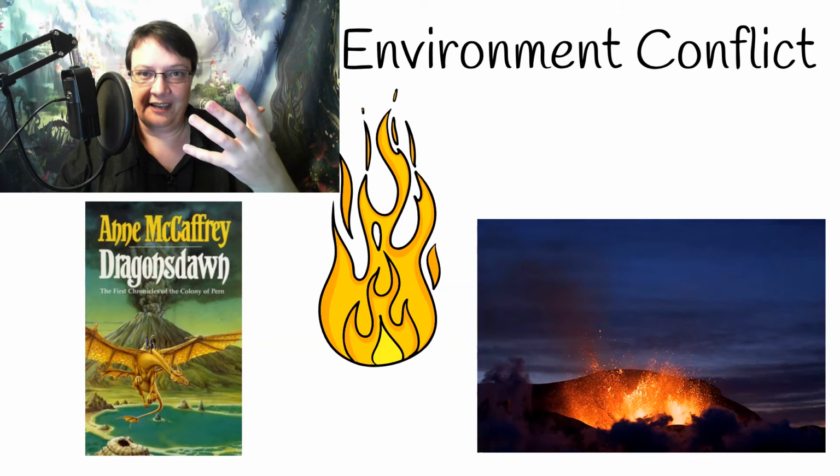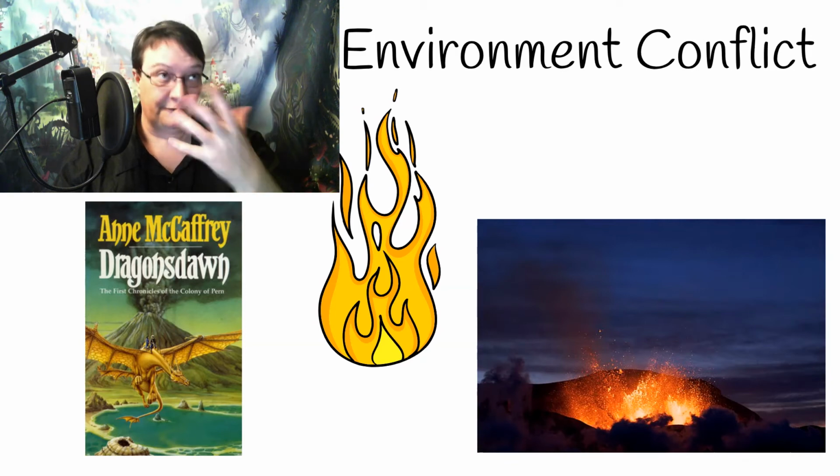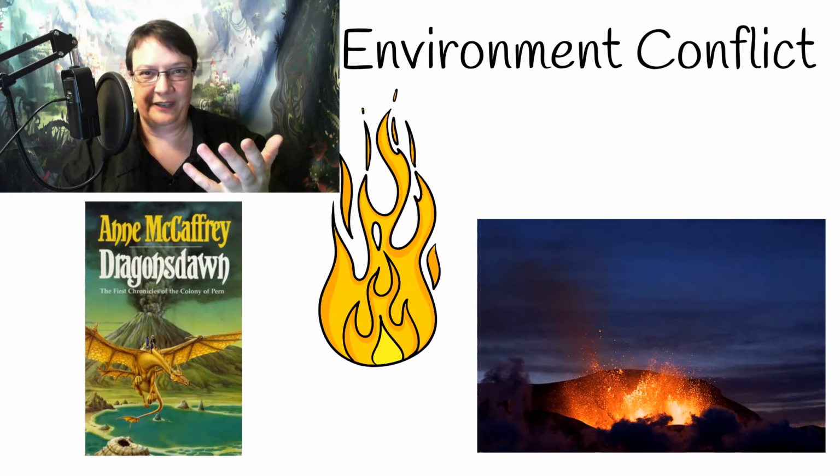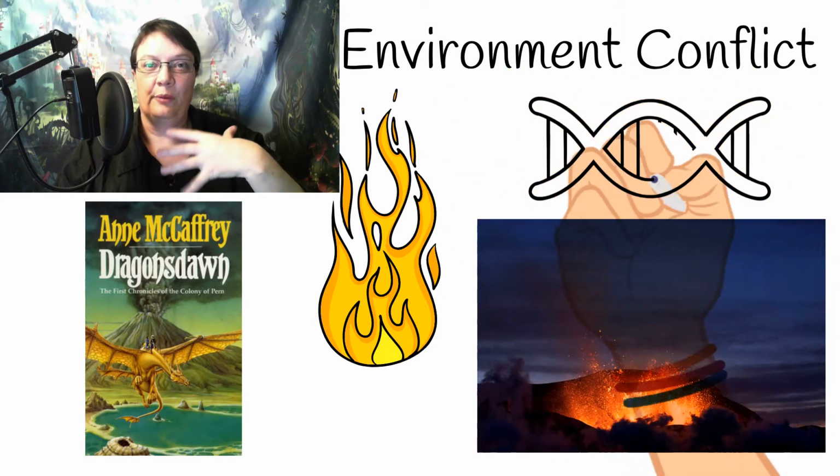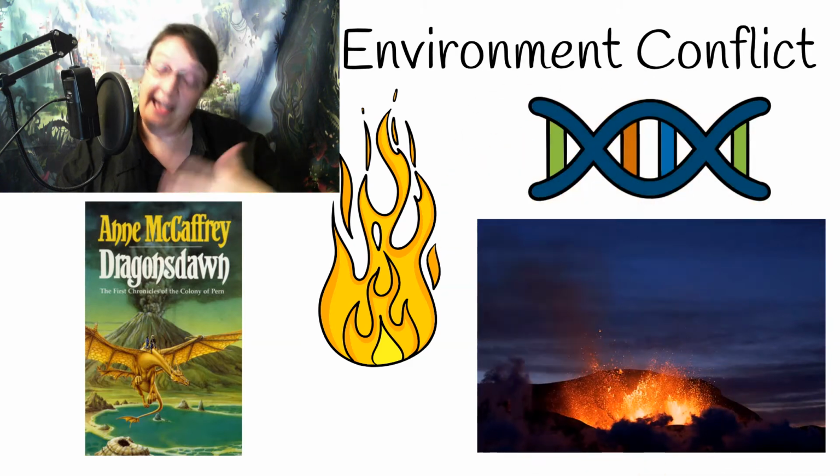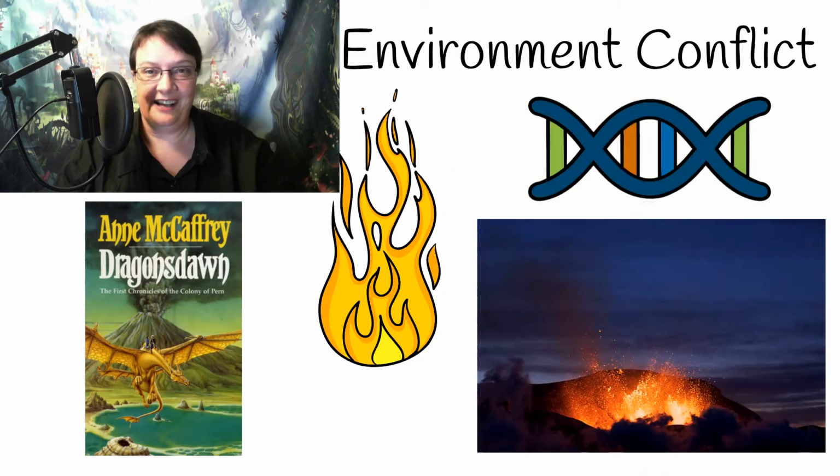And the defense that they come up with is a sufficiently advanced technology defense, where a genetic scientist takes the native life form and creates from them rideable dragons. And if you want to know more about using science as the basis for your magic, check out my video in the info cards. So you can use that kind of external event that doesn't have a villain per se to create conflict.